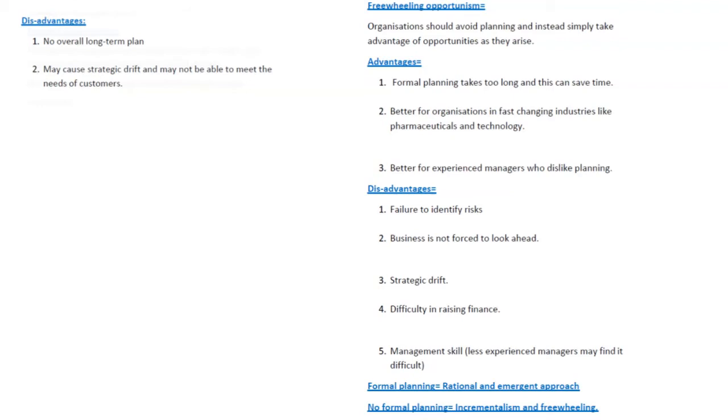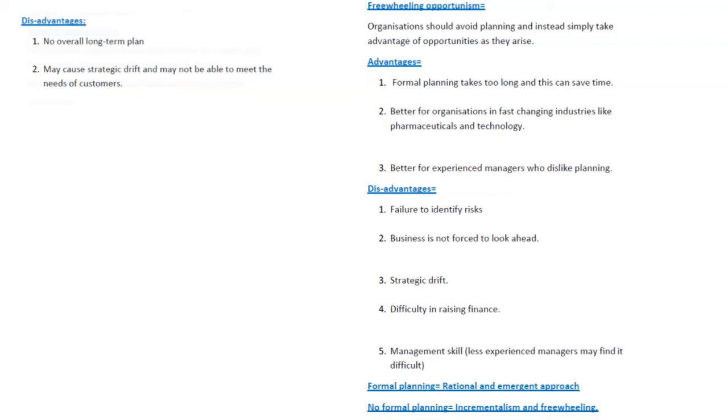So the advantages are that it's time saving. There is no real formal planning. It's better for organizations in fast changing industries like pharmaceuticals or technology. So let's say your case study is a company in the pharmaceutical industry or in the technology industry. You can keep in mind the concept of freewheeling opportunism and state it in your case study. You can say that for an organization like ours, where it's fast changing, a freewheeling, decentralized organization is what I